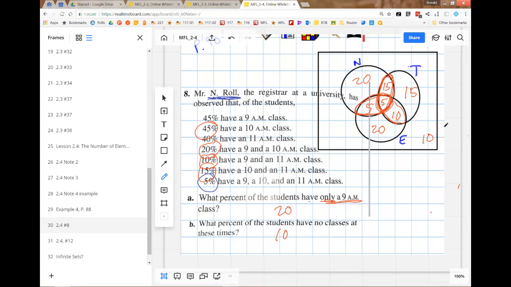Okay, so when you were counting up to that 100%, were you counting all the numbers in the circles? When you got 90, you counted everything in the circle, right? Right. That is correct. So here, I'll just do it. 20 plus 15, 35 plus 15 is 50. 60 with these two 5s, 70 plus 20, 90. So we had 10 left. Yep.